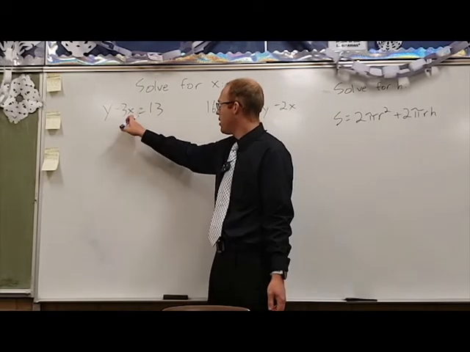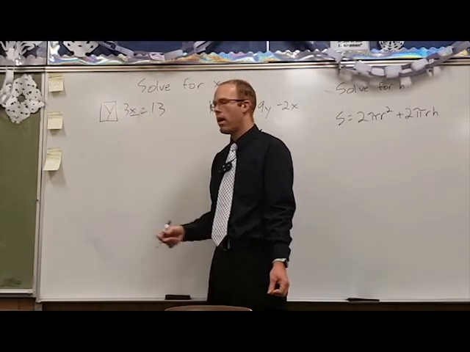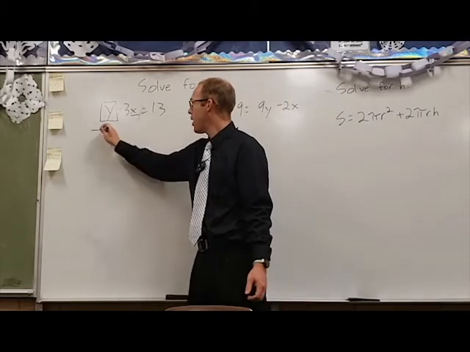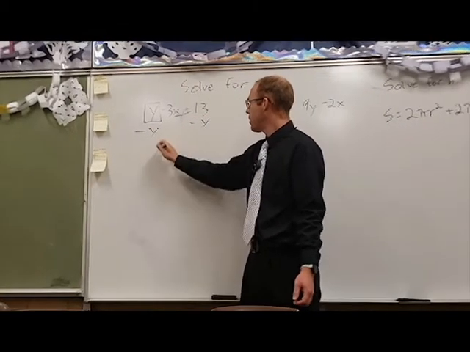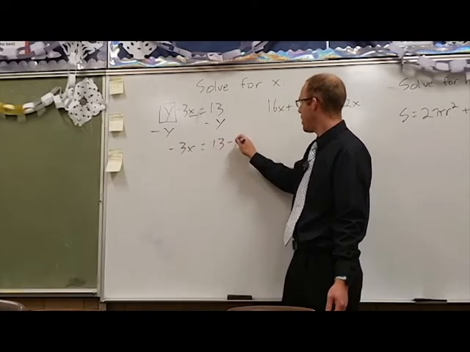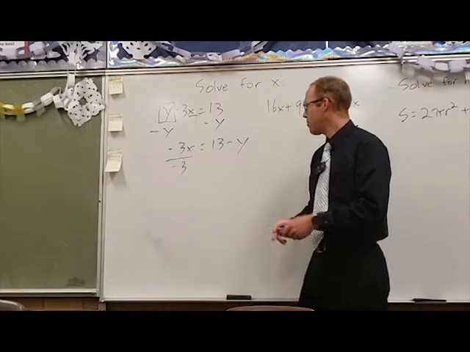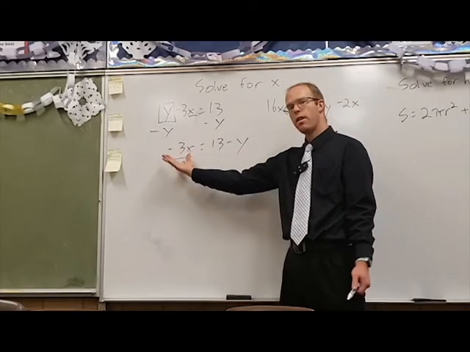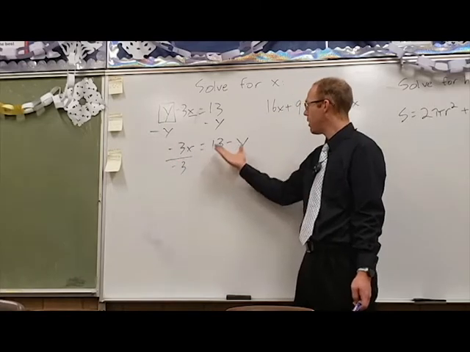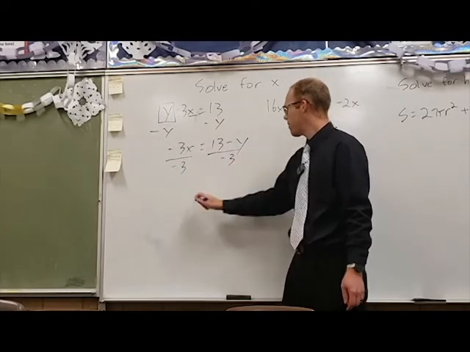So we need to get this x by itself, which means we need to eliminate this term with a y. We're going to do that by subtracting y. That leaves us with negative 3x equals 13 minus y. We're going to finish out by dividing by negative 3. Very important note here. This entire side is being divided by negative 3. We need to divide this entire side by negative 3, which can be written this way, or if you prefer,